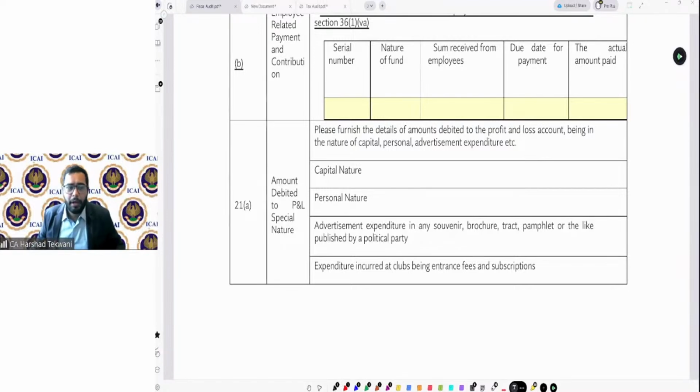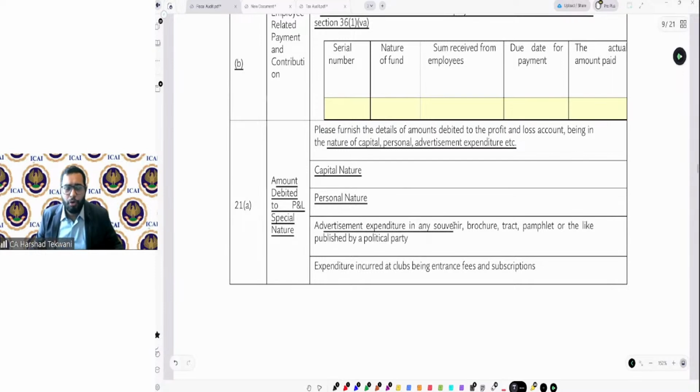Now, 21A talks about amount debited to profit and loss account. See, earlier it was amount not credited to profit and loss account, but this is debited to profit and loss account. There's a difference between both. One talks about not credited, one talks about debited. Now, once the amount is debited to profit and loss account, you need to provide the details of these. That amount being debited to the profit and loss account being in the nature of personal, capital or all those expenditures. And these are capital expenditure, personal nature, advertisement expenditure in any souvenir, brochure, tract, pamphlet published by a political party,